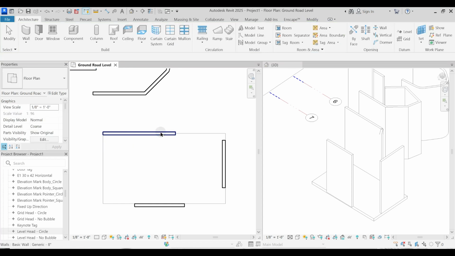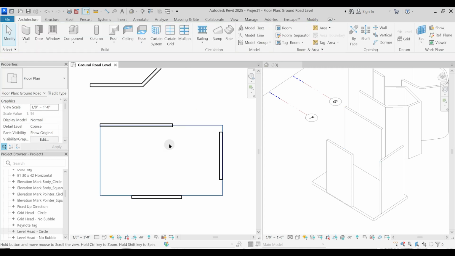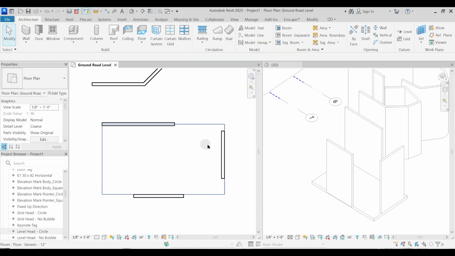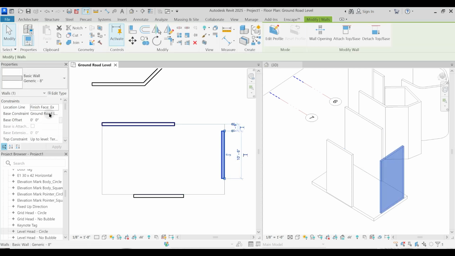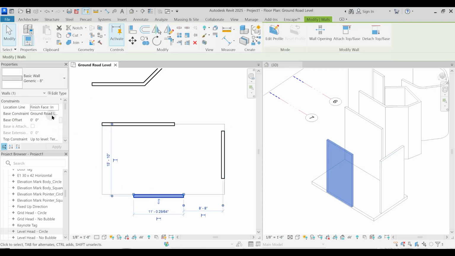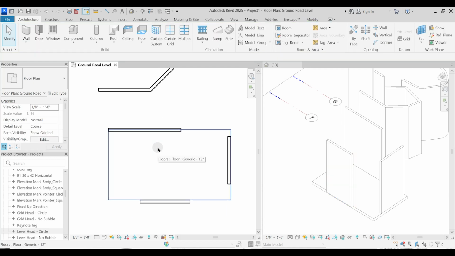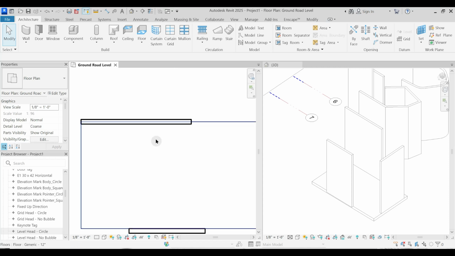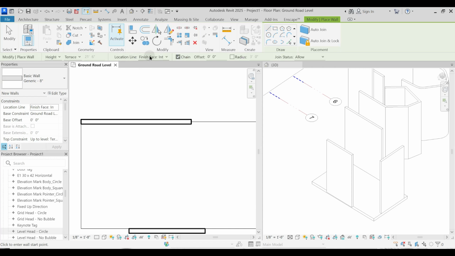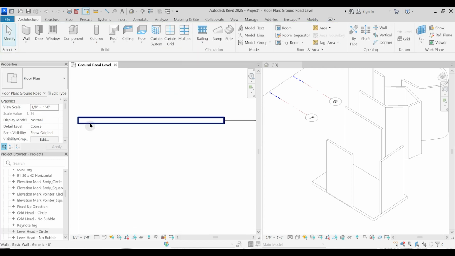So with this particular wall center line, can anyone tell me what is the mechanism it is following, with this wall center line and with this wall finish face exterior and finish face interior? कैसे ड्रॉप कर रहा है वो वॉल को? कोई बता सकता है? सर सेंटर लाइन में वो सेंटर लाइन को पकड़ के ड्रॉ कर रहे हैं सेंटर लाइन. Yes, very good. With that wall selected to finish face wall center line, it is snapping to the center of